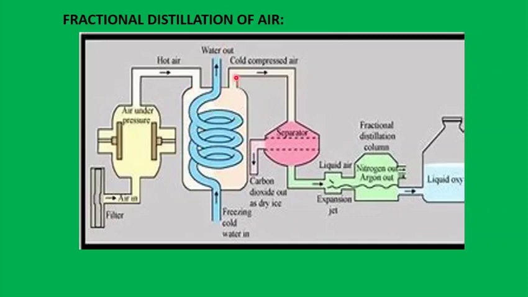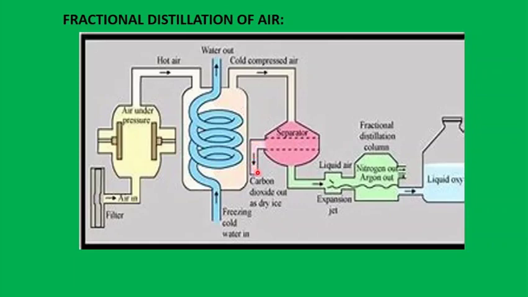So from here, air enters through this, it will get cooled, and this cold compressed air will come out through this chamber, through this tube, and then it will enter into a column known as separator. Now in the separator, based on the boiling point of different gases, the different gases will be separated out. So if carbon dioxide is present in that, carbon dioxide will be